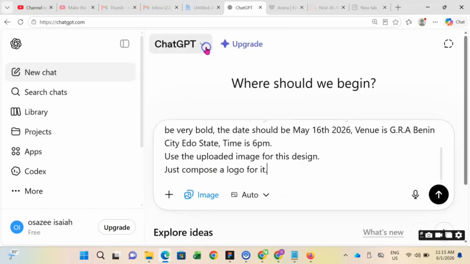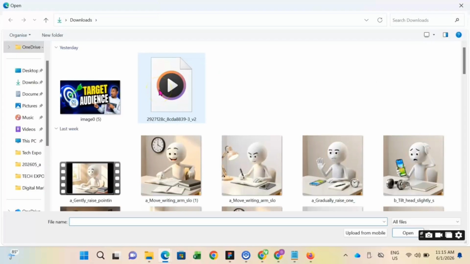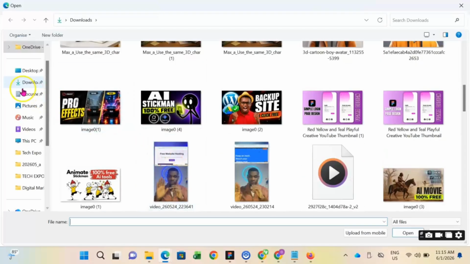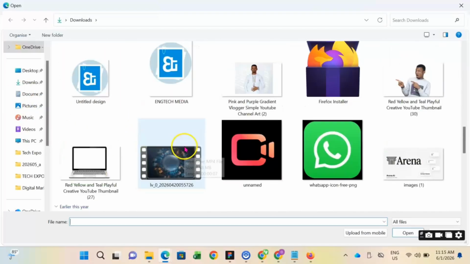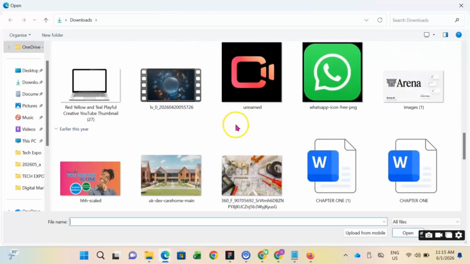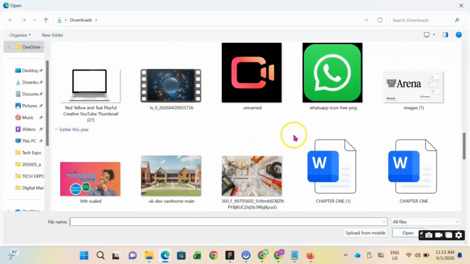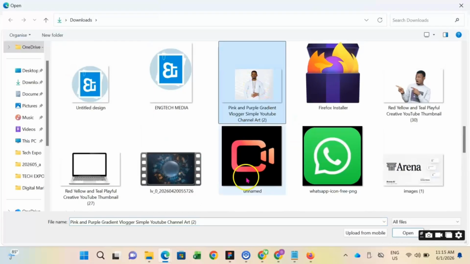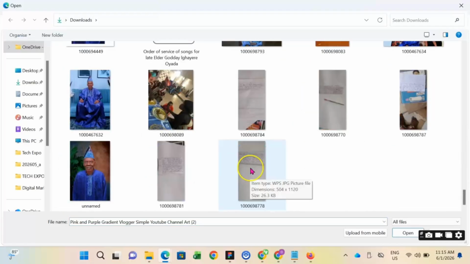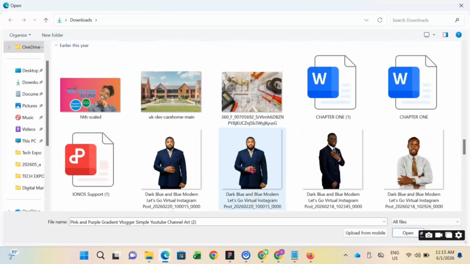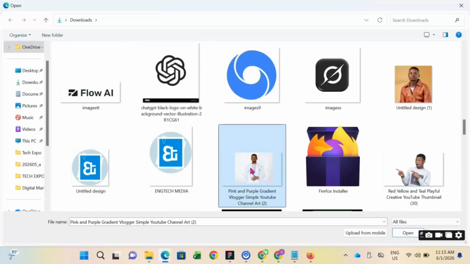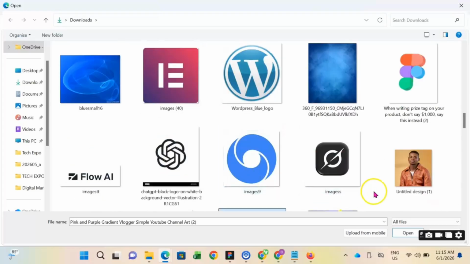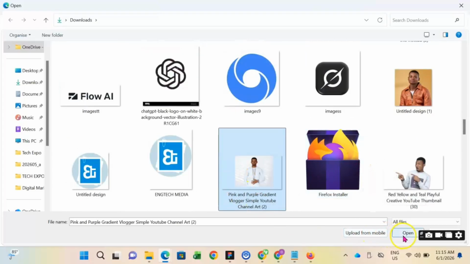I'm going to go ahead and add an image to this prompt. I'll go over to my gallery and search for any mature image that I can use. Any of my pictures. All right, because in the prompt I already told ChatGPT that there will be an image attached to this prompt. So it's going to use the image, and I don't have a logo for it. Then it's going to go ahead and just design its own logo for this particular